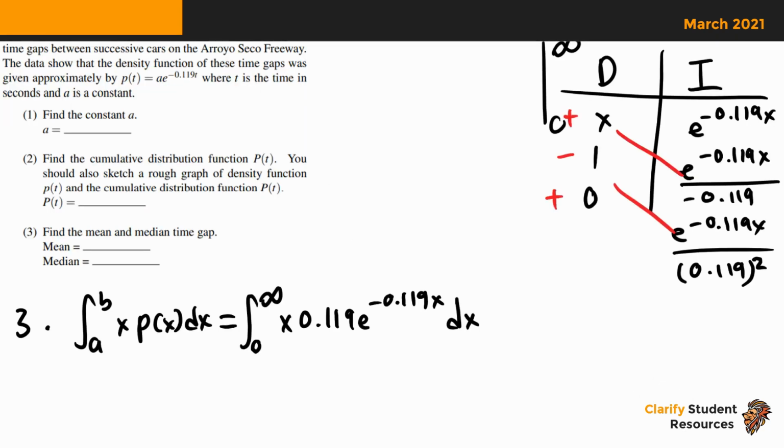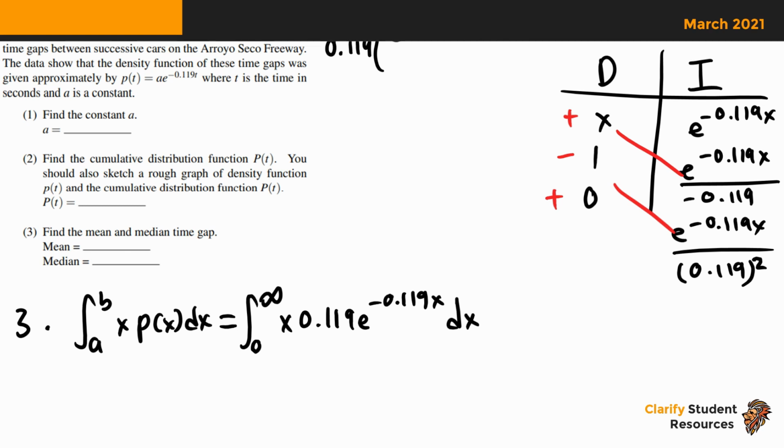All right, so for part 3, we see again that they want us to find the mean. And the mean is, again, to review, integrating over the domain x p(x) dx, which is equal in this case from 0 to infinity, x times 0.119 e to the negative 0.119x dx. Okay, so I've kind of already started the integration by parts over here using the DI method. So what you're going to see is that when we pair our terms together, don't forget this constant up front. So we have a 0.119, and then what we're going to see is we actually have a common e term. So I'm actually going to factor that out, and I'm going to get e to the negative